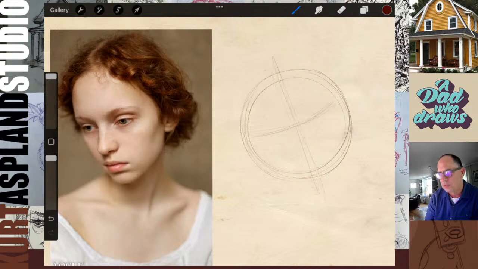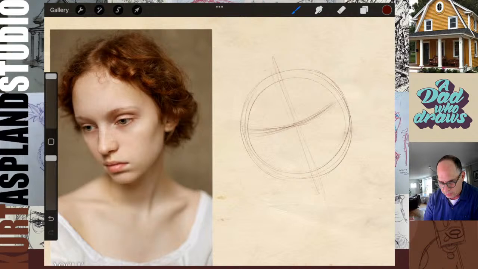So I'm going to draw my brow line at a very slight curve here. Okay, that's going to be my 3D axis.